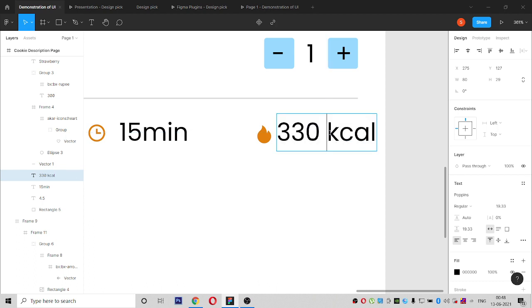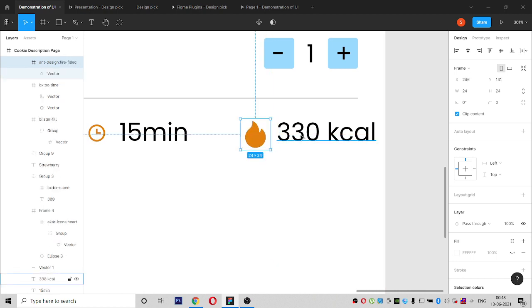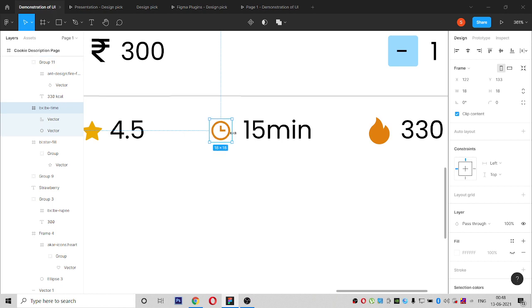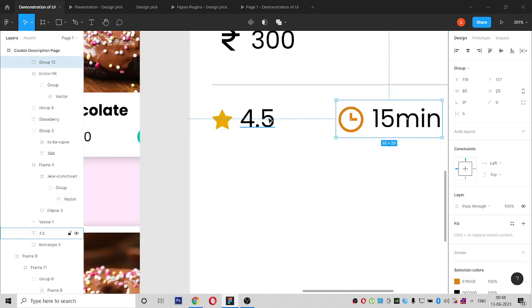So these unit measurements also you have to learn, what all units we can give, if it is a calorie, if it is a Fahrenheit, if it is a Celsius. So accordingly we have to group these. So I have increased this icon size also to this and this padding also 5 and group it.